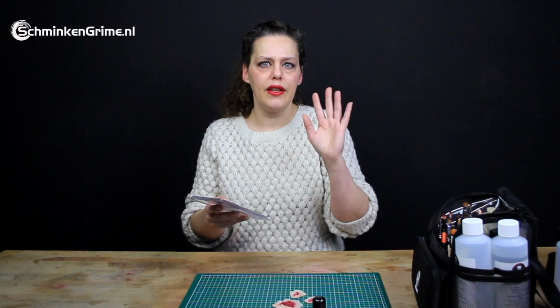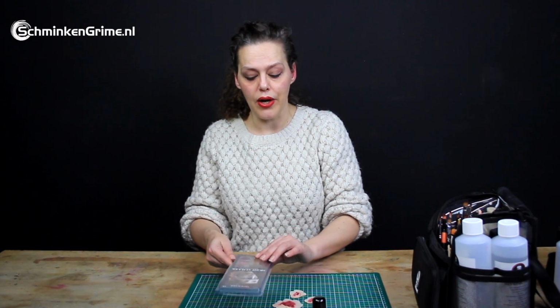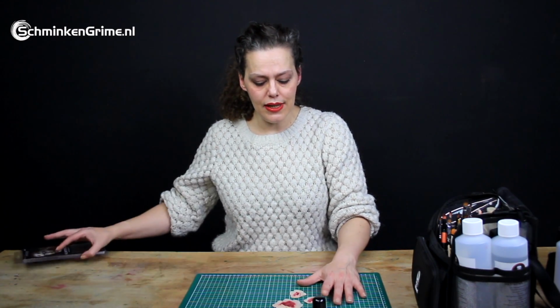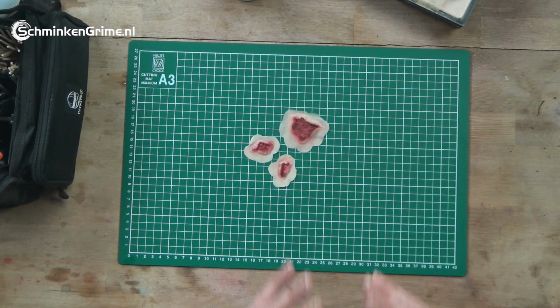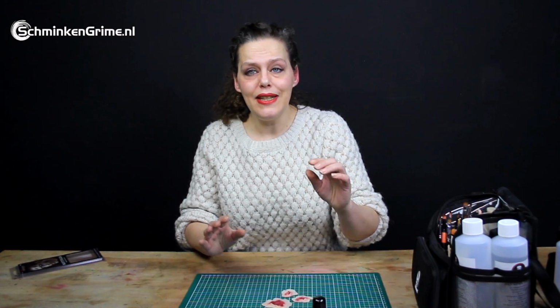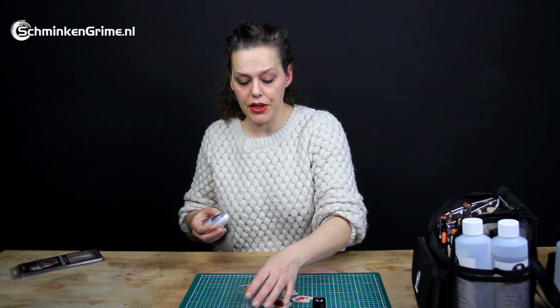So as I just said, there are very many different varieties of these appliances, and these are the Night Stalker ones. So in the set are 3 appliances, a big one and 2 smaller ones, and you can just stick them anywhere on your skin you would like. And that's what we're going to do today. I'm just going to glue them on my skin and I'm going to blend them so you can see what you can do to make them look really good. So as I'm going to apply these prosthetics, I'm also going to answer a few very frequently asked questions at